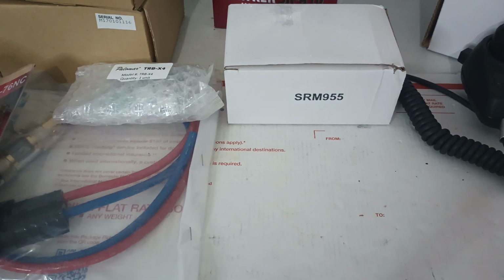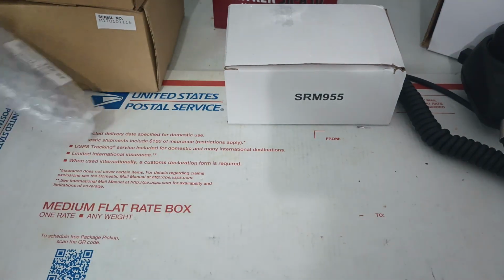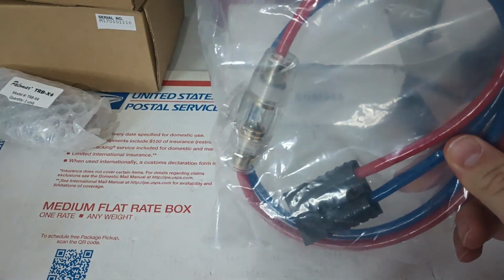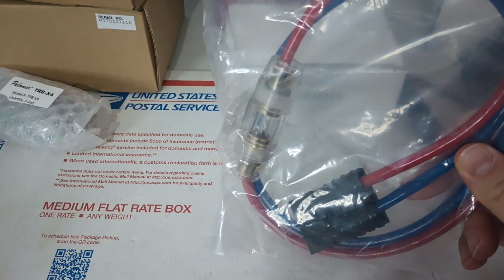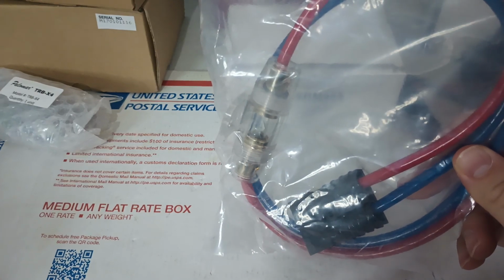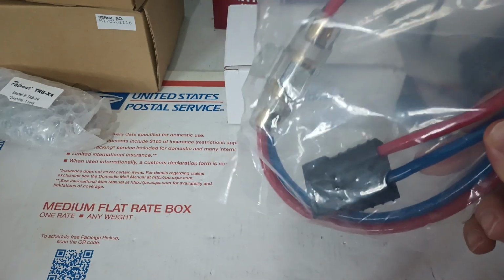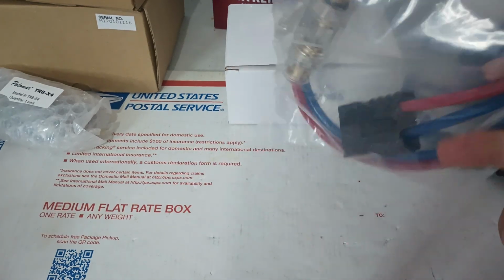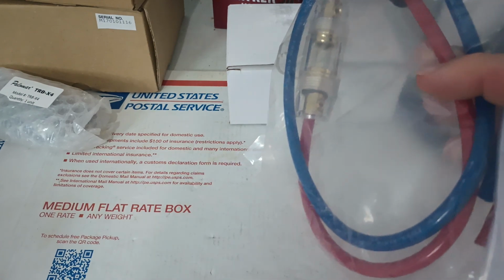I guess we can stay on the topic of power cords and fuses. These, I get some of these in. You guys recognize this as like the power cord for the like 98 VHPs. I think the Longhorn, the 99 N4, probably the 99 N2. I can't remember all the radios that use these. There might be a Connex or two that use these as well. But it's just the pigtail, or whatever you want to call it, the fused